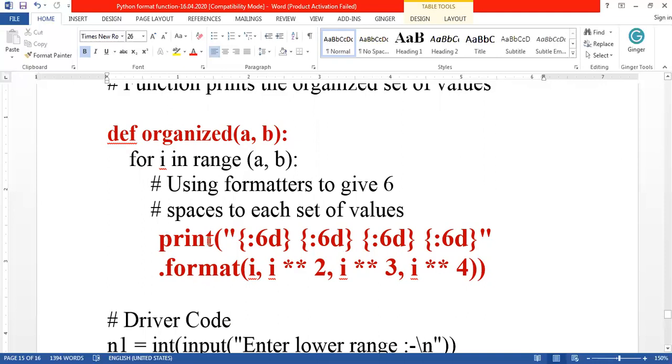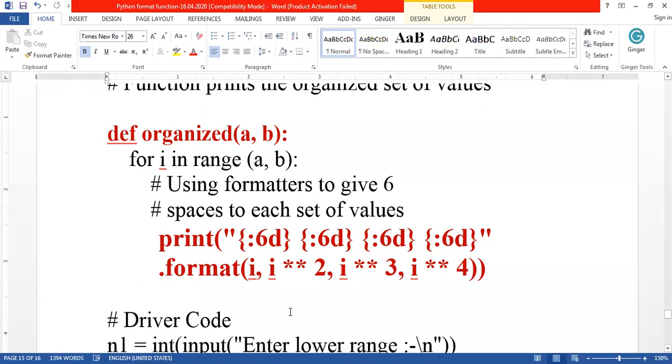Here I am using this format, which means every value has to be given 6 spaces in between the two values. Then this value will be displayed. After this, 6 spaces will be given, and then this value. So it goes on like this.